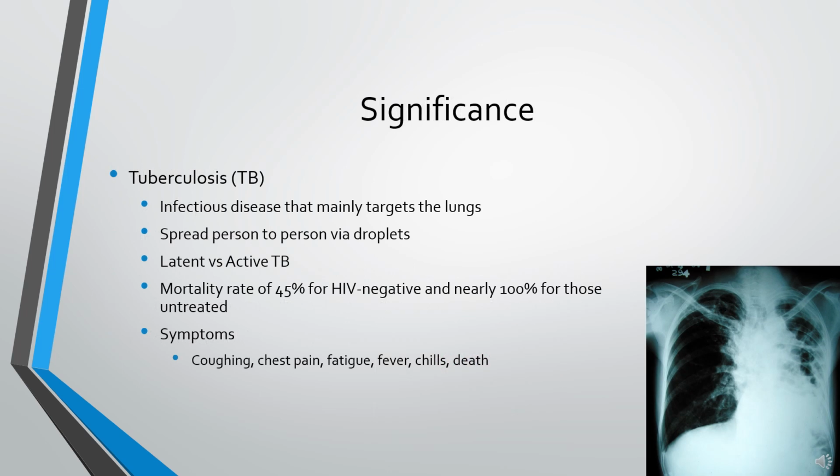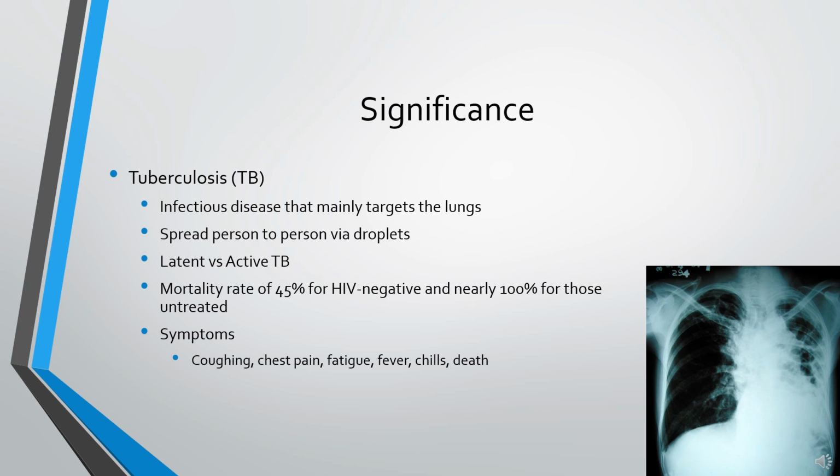The main reason why Mycobacterium tuberculosis is a significant microbe is that it causes tuberculosis, or TB. TB is an extremely contagious infectious disease that mainly targets the lung tissue. It is generally spread between people via droplets suspended in the air. There are two main types of TB, latent and active. Latent TB means that a patient is carrying TB but has no active symptoms. Active TB, otherwise known as the TB disease, refers to the condition that actually makes you sick and can be